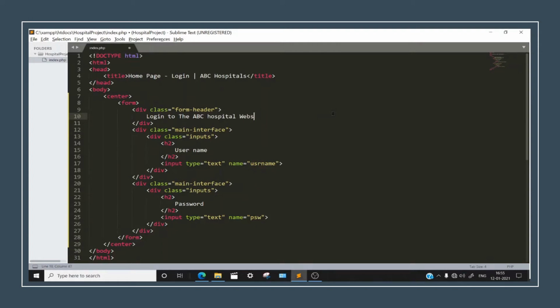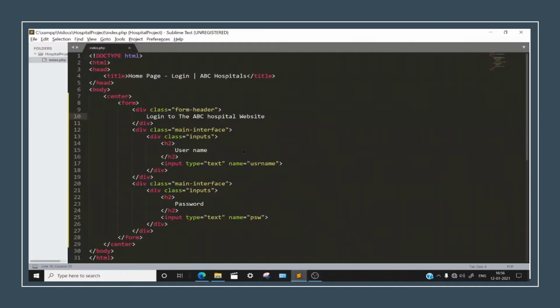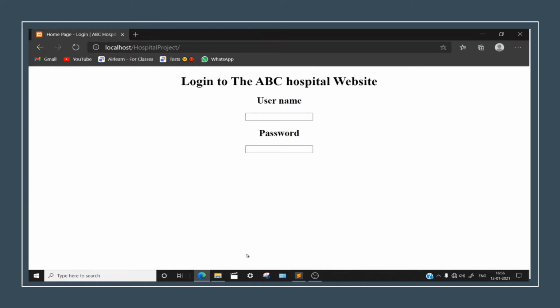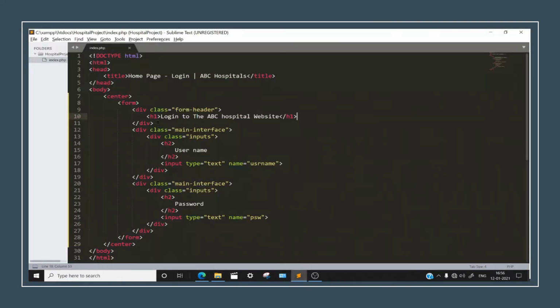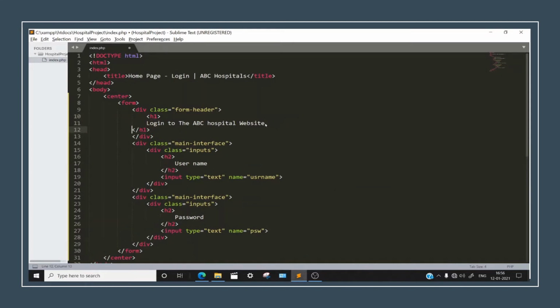Website, SITE. Fine. Let's reload. And yes, now it's looking fine. Okay, so it looks really bad, you can say. It doesn't look very nice, but we will be doing all the programming, all the things which are needed here for now. Alright, so now this part is done. What should appear on the website is done.